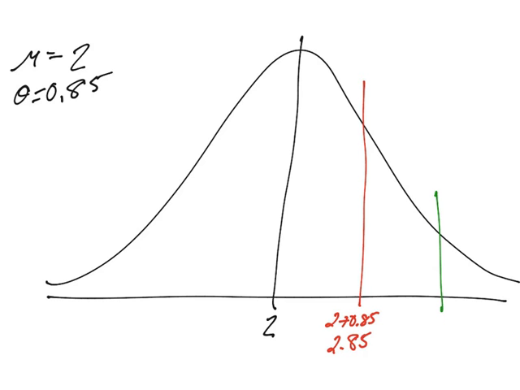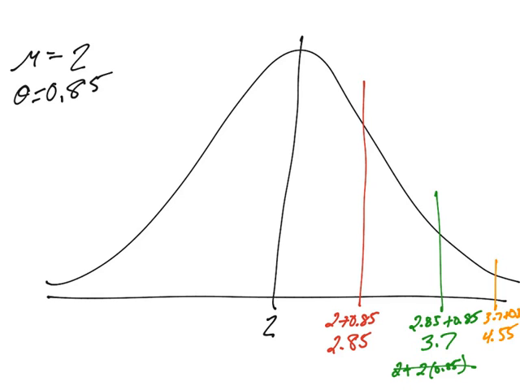And then if I go another one out, I'm just adding 0.85 every time. So now I have 2.85 plus 0.85, which gives me 3.7. I also could have done 2 plus 2 times 0.85. It would give me the same thing. And then if I go out again, I can take 3.7 and add another standard deviation, and that gives me